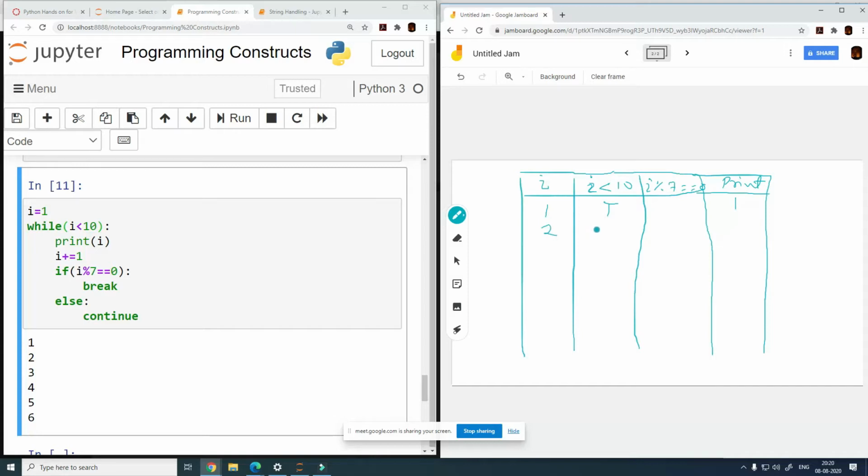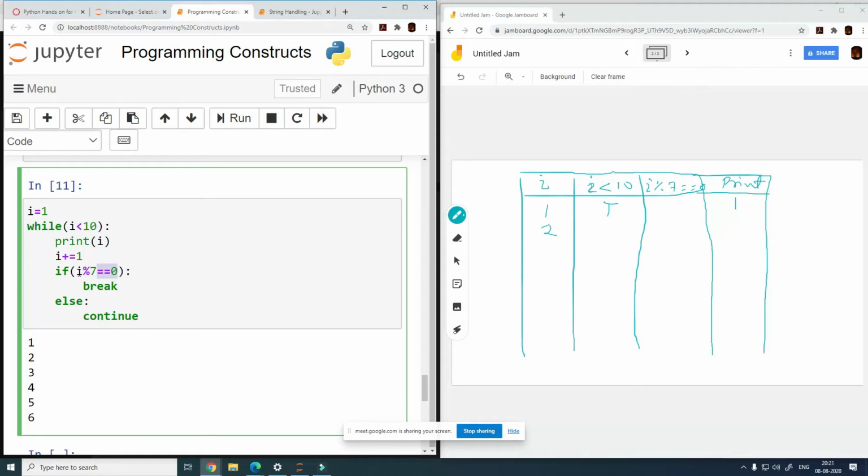Now the next statement is if my I % 7 is equal to 0, right? Now what is the percent symbol? We have already seen this is the modulus operator, right? When you do I % 7, this is going to divide I by 7 and find the remainder, and check whether the remainder is 0 or not.